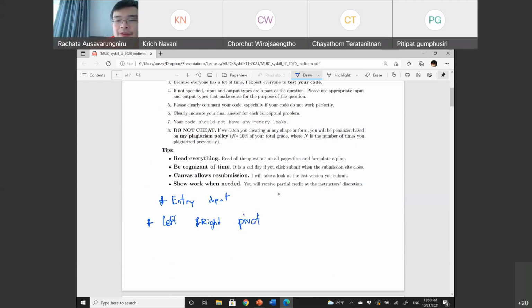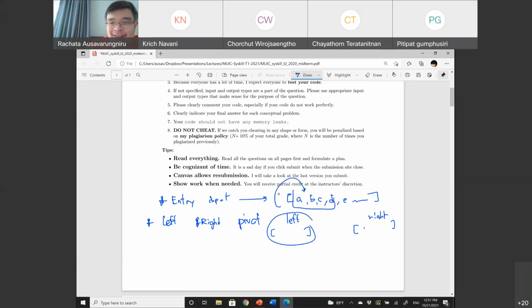So one thing you can do is this input is an array, right? A, B, C, D, E, blah, blah. And left is this array, and right is this array. And because you split already, one thing you know for sure is you can basically copy left to this left side, put the pivot in the middle, and put the values of the right side over here.